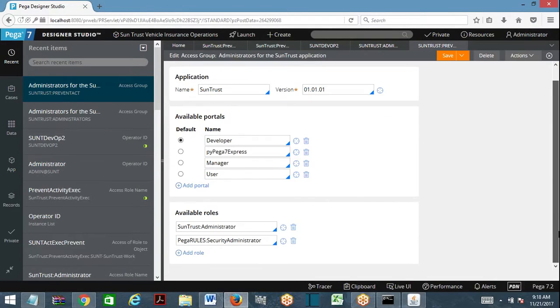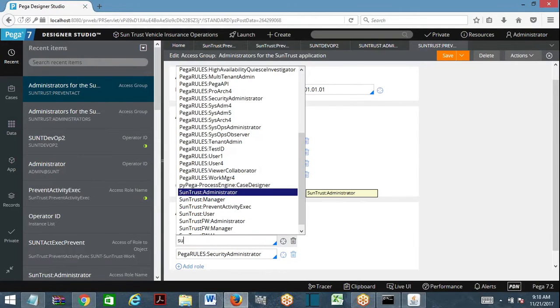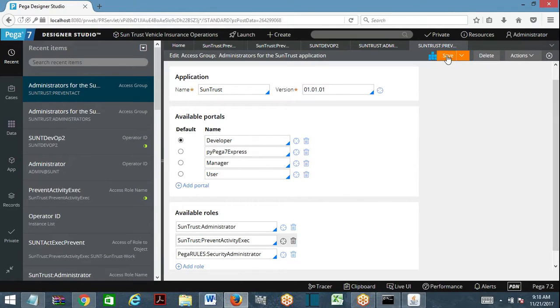So this is the one. So here I need to add the role. So I have to add a role here. What is the role? So I have a new group now. The new group is prevent activity execution. In the access group, I have added a new role. So admin role I am not removing. I have to modify if required. I will modify accordingly. Okay.